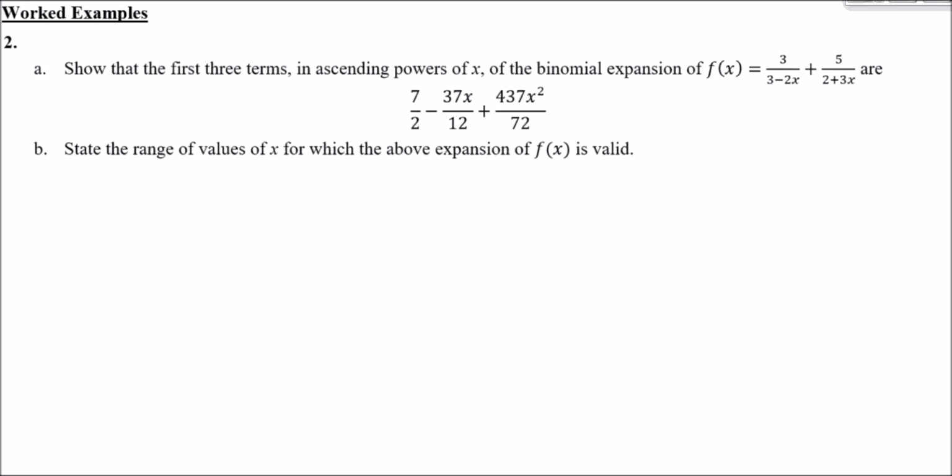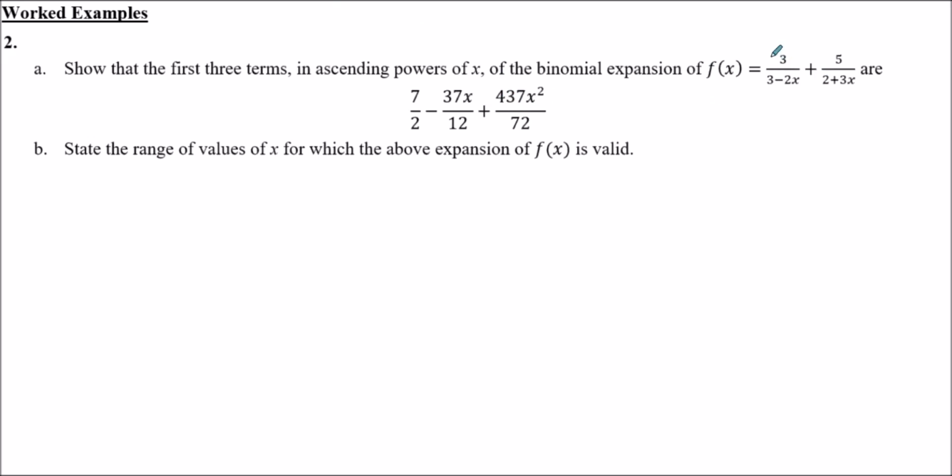Worked example 2 is something of a beast. It comes in 2 different parts. We need to show that the first 3 terms in ascending powers of x of this binomial expansion here, 3 over 3 minus 2x plus 5 over 2 plus 3x, are 7 over 2 minus 37x over 12 plus 437x squared over 72. So that's quite a mouthful, quite an awkward expansion to do. So all we do here is we take each part separately. So first of all,